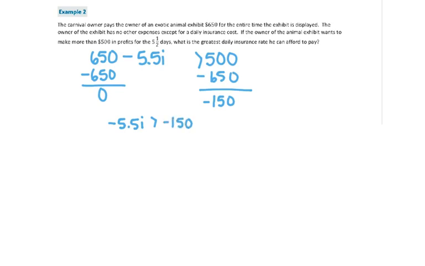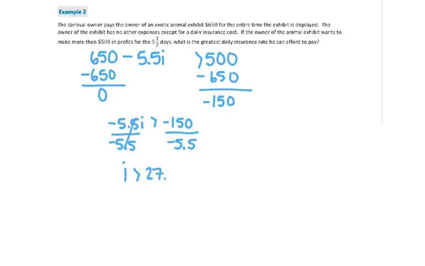And now, since that negative 5.5 is being multiplied by i, I'm going to do the opposite of multiplication, which is division. And I'm going to divide both sides of my inequality by negative 5.5. So I'm going to divide both of these by negative 5.5. And so that gives me an insurance rate greater than negative 150 divided by negative 5.5 is